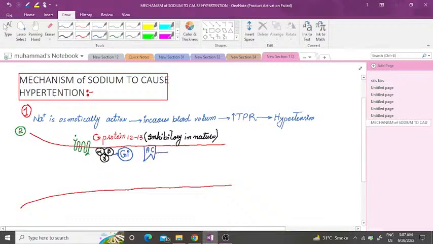This adenylyl cyclase increases the cyclic AMP level, and this cyclic AMP level increases the level of protein kinase A. Normally, protein kinase A causes the phosphorylation of a protein or an enzyme which is called